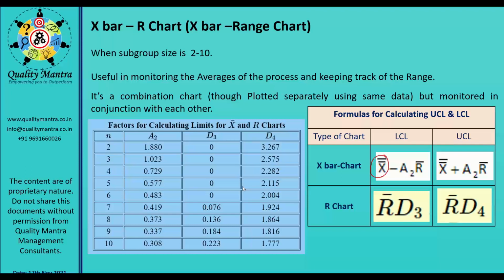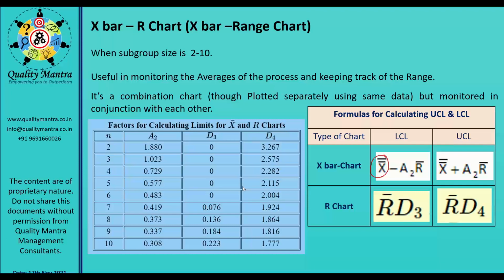X is the individual data. X bar means the average of that individual data. In the last chart we saw, you had 25 individual data points and we took the average of those; it becomes X bar. From those 25, you got 24 range data points. You take the average of that range, and it becomes range bar, R bar.